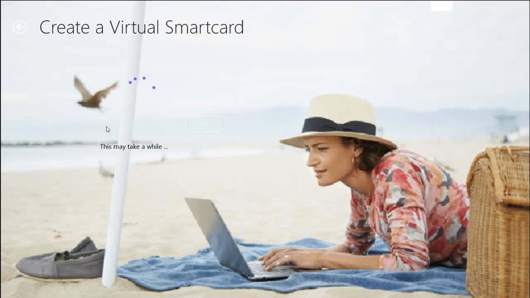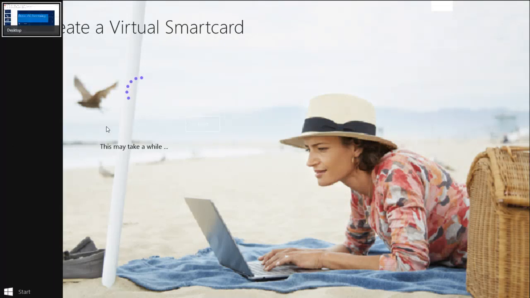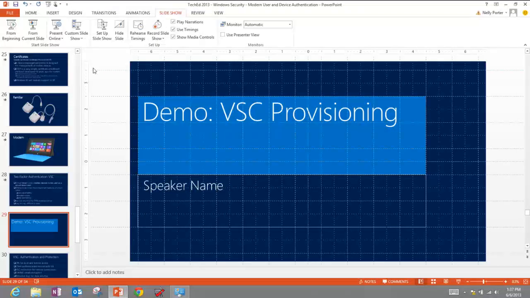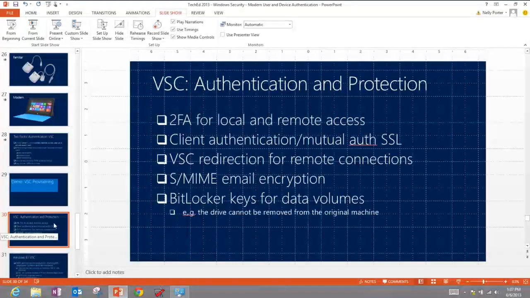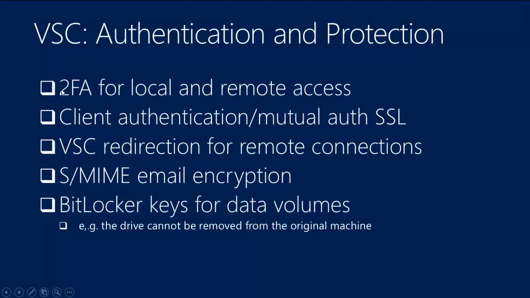So I will switch to my slide meantime. And the reason why I will do that, being very honest, is because on this machine we have TPM 1.2. And a 1.2 machine is taking incredibly long to create a virtual smart card. So you would not look at my spinning wheel anymore. I will show you when it completes.